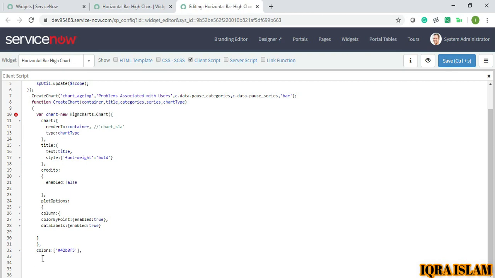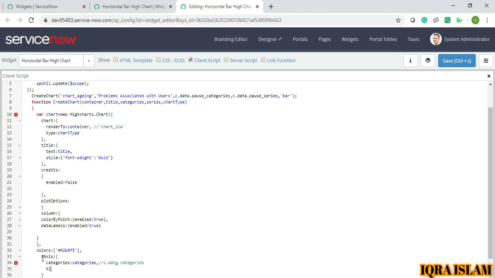Now first I will write x-axis, and inside it will be categories. These categories will be coming from my server side. So I will just give this comment c.data.categories. Next will be title.